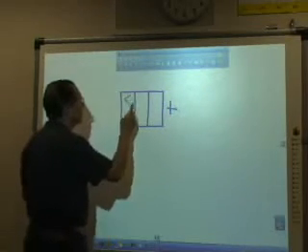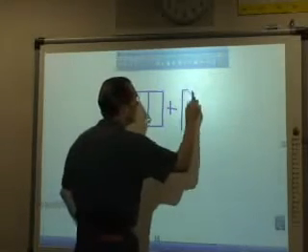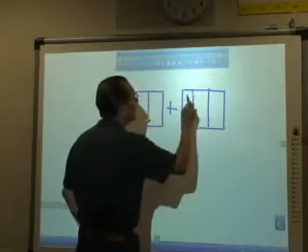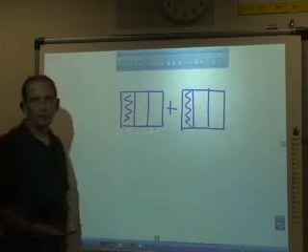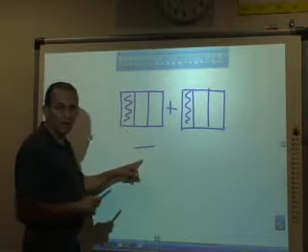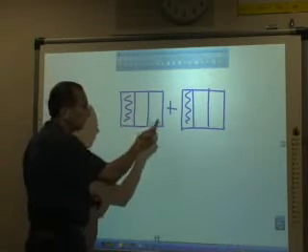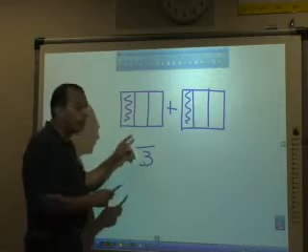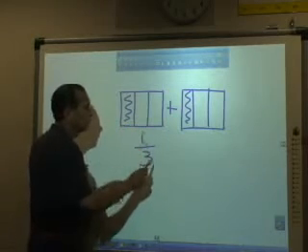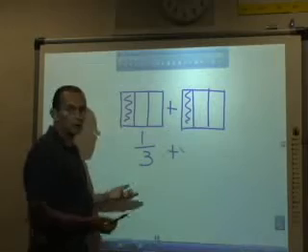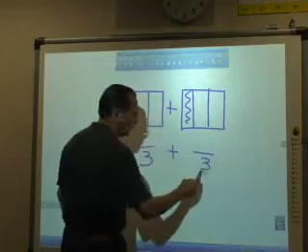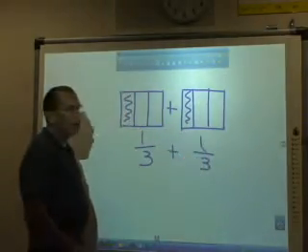let's say we add, and we'll see what fractions do we have here? Well, the denominator will tell us how many parts make a whole. 1, 2, 3. The top number, the numerator, is going to tell us the number of parts that we selected or shaded. 1. We're going to add that to this fraction, which is exactly the same. I have 1, 2, 3 parts that make the whole. 1 part selected. And my answer is